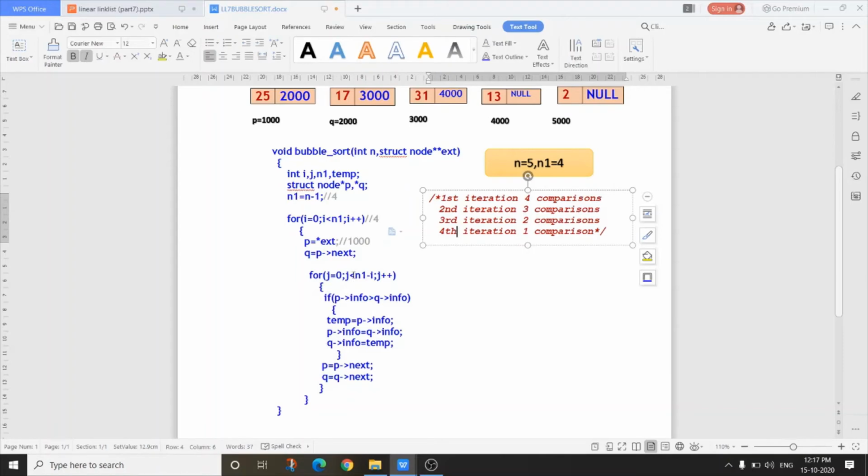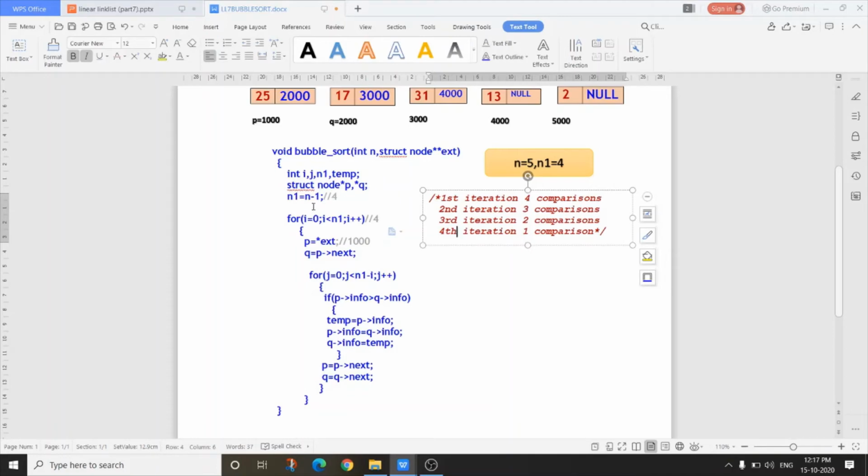Actually, how many times this loop executes depends on how many comparisons are needed. When i equals 0, this loop will execute 4 times because of 4 comparisons. When i equals 1, it will execute 3 times because of 3 comparisons.